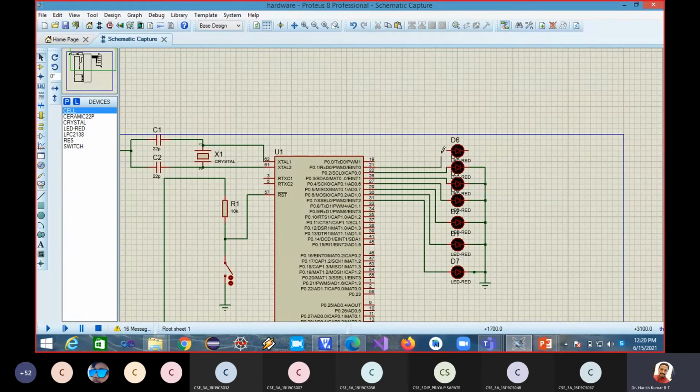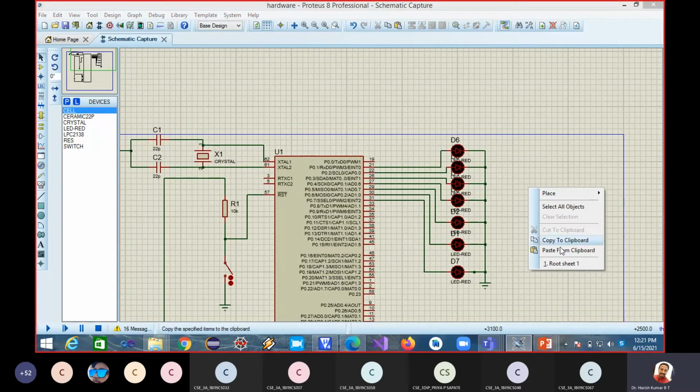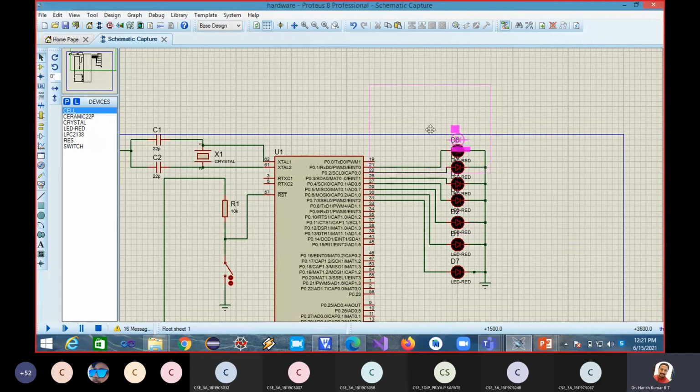P0.1. Then one more again. Okay, it is going outside. Let me put here. From P0.0. Okay, now so we are done.